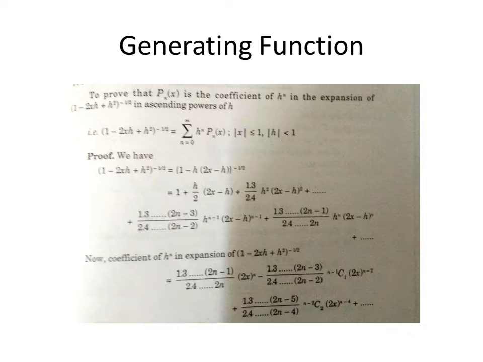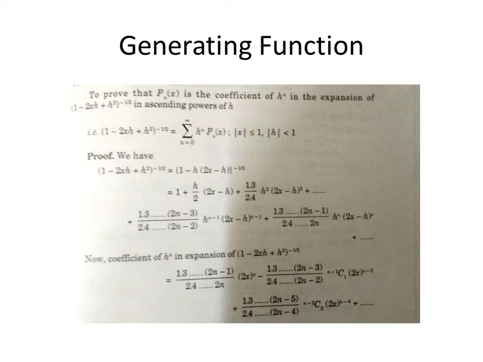Like here written, to prove that P n x is the coefficient of h power n in the expansion of (1 minus 2xh plus h square) whole power minus 1 by 2 in ascending powers of h. Mathematically, it is expressed as (1 minus 2xh plus h square) whole power minus 1 by 2 is equal to sigma n equals 0 to infinity h power n P n x,